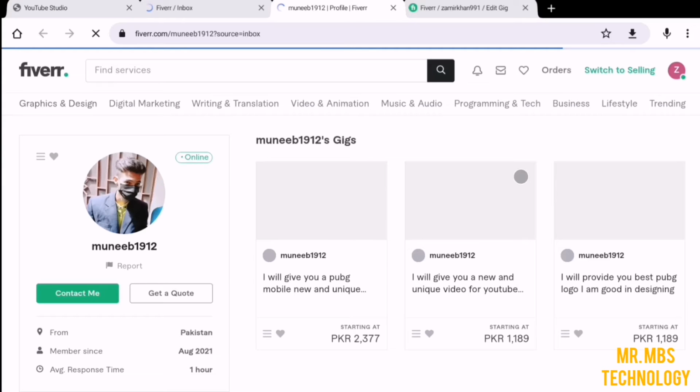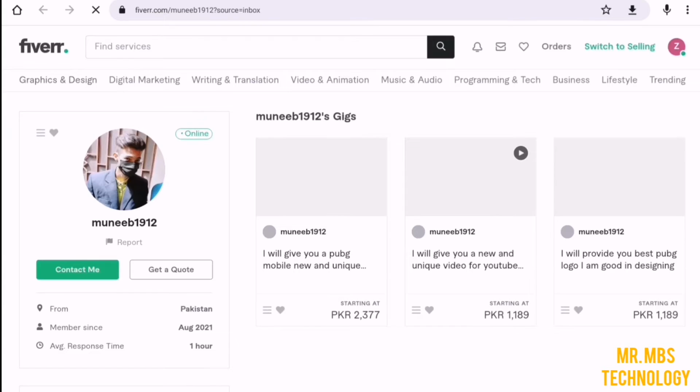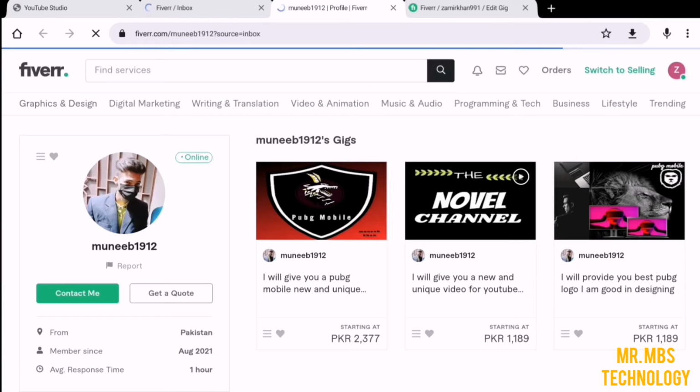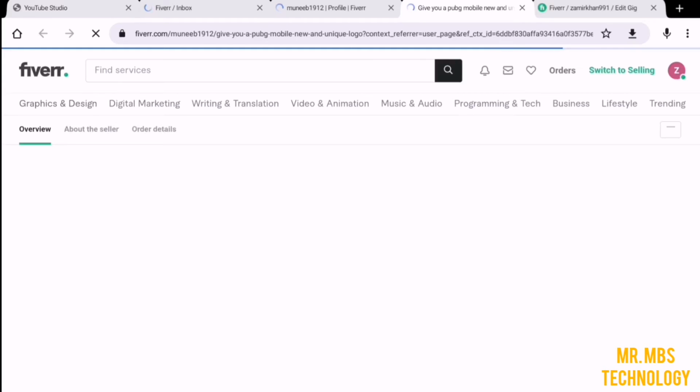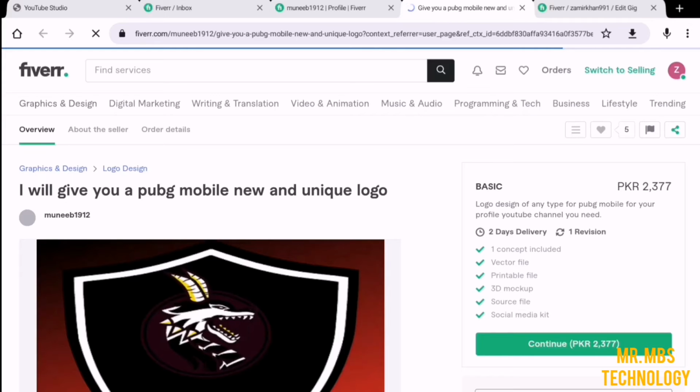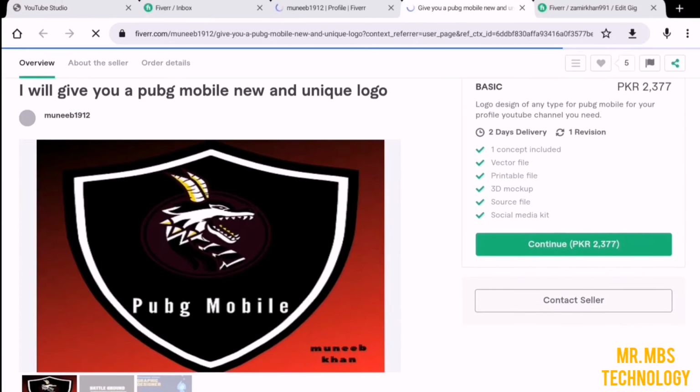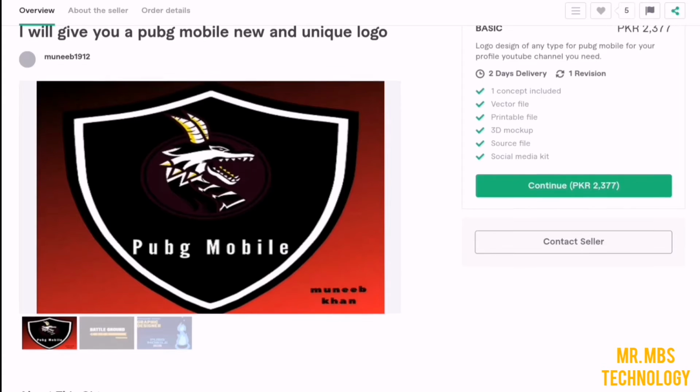Now I will show you the gigs of other people, that how they have made the gigs. We will go to check this gig of PUBG logo mobile, where now simply click this gig. Here this type of interface will be available, where you will get all overview of this gig, that I will give you a PUBG logo, unique logo,